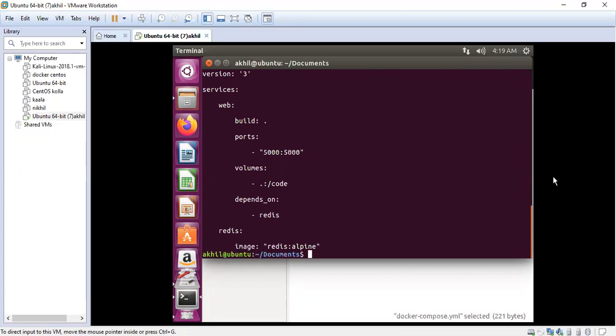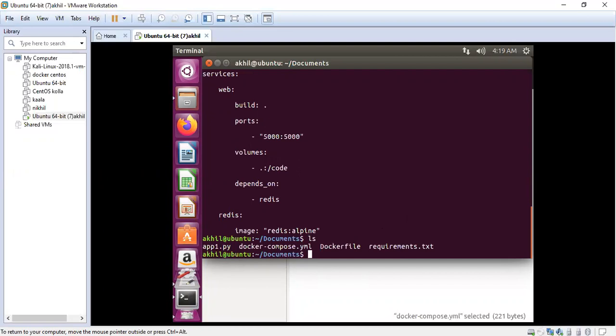These services can pretty much be anything you want. Here I'm using version 3 for Python and all. I'm using port 5000, and I'm using the Redis image. You can easily understand everything by seeing this file. I'm exposing port 5000, and I'm setting a dependency on Redis.